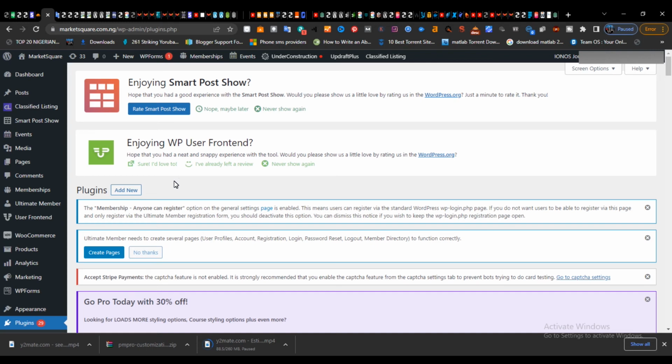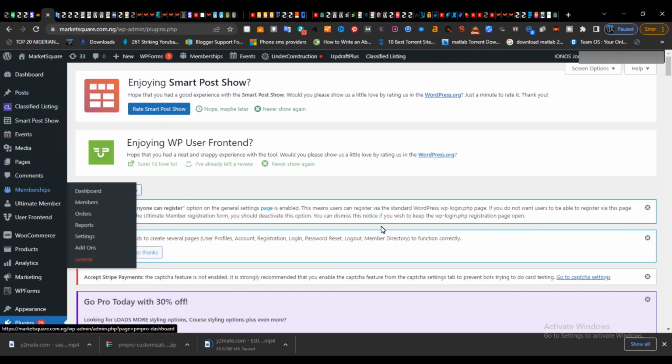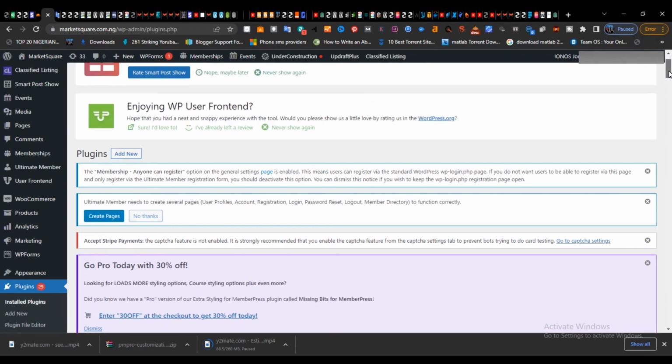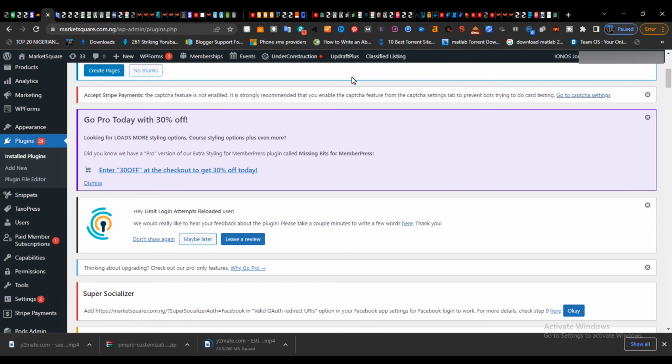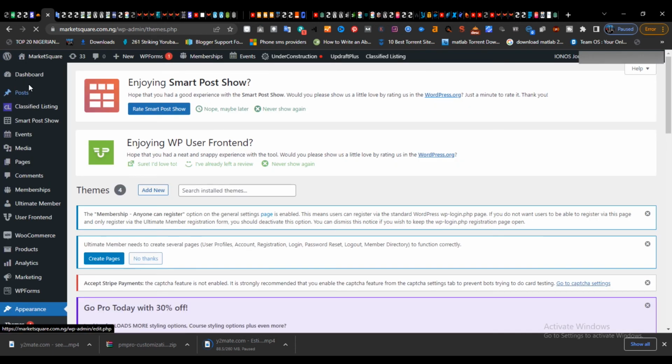This particular website is still under development. I'm still working on this website. So if you come here now to update your theme, let me show you how you can update your theme. So here you come to themes. To go to the theme, you go to appearance, then you click themes,